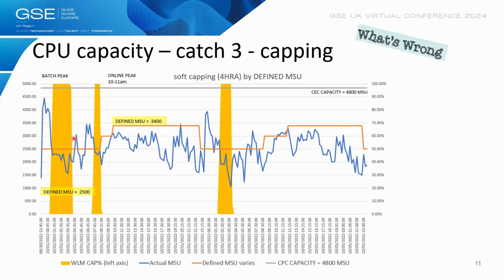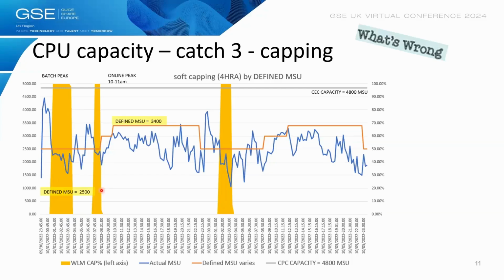And then the workload has grown again. It has exceeded the defined MSU, here twice. And then we see here it is about 7 a.m. or 8 a.m., the online day is starting. And what is happening to our machine? Our machine is capped here because we already used the MSU that we defined for the previous workload. So at 7:30 a.m., this machine was capped. There was limited workload running because of capping.